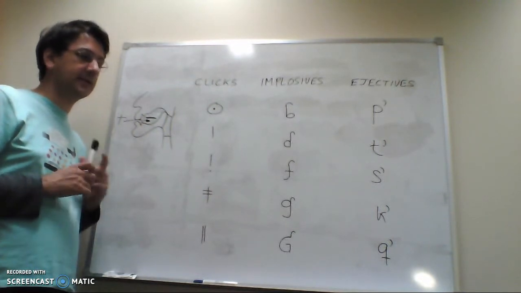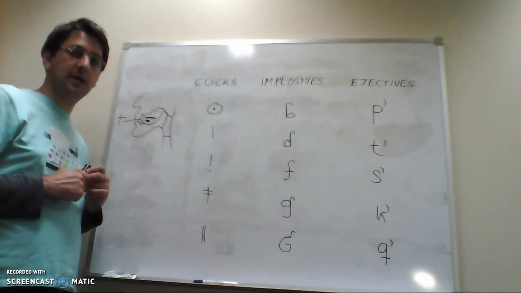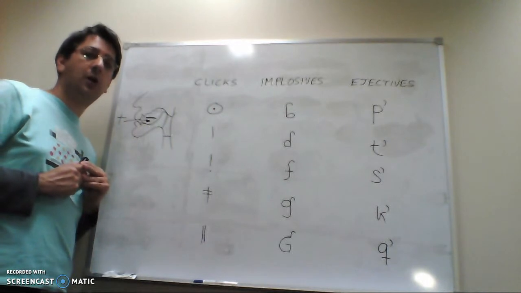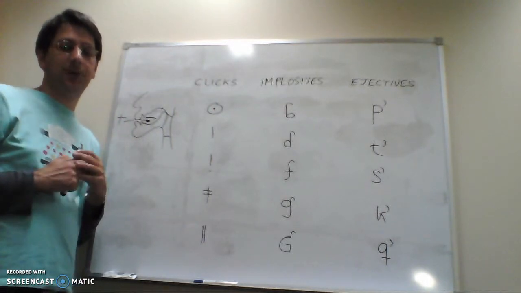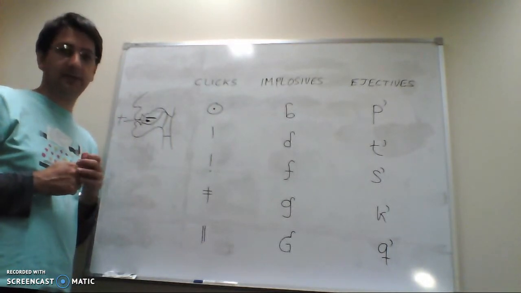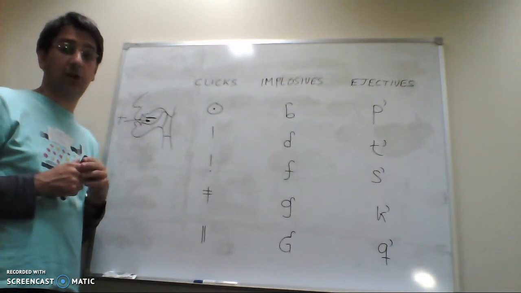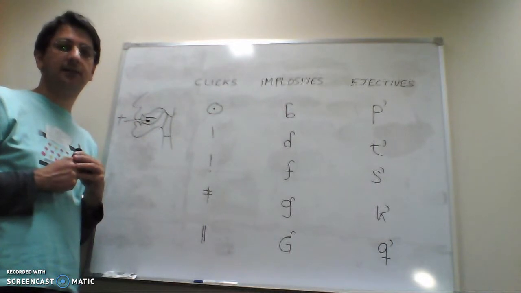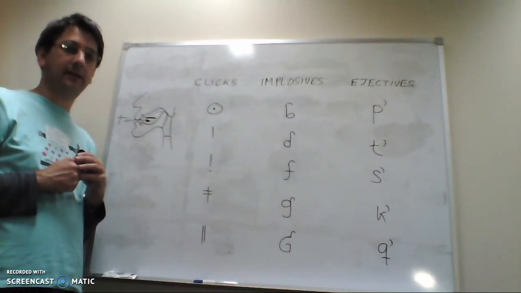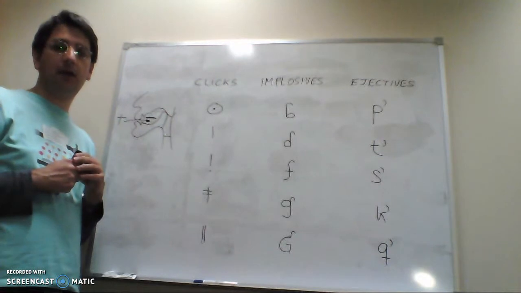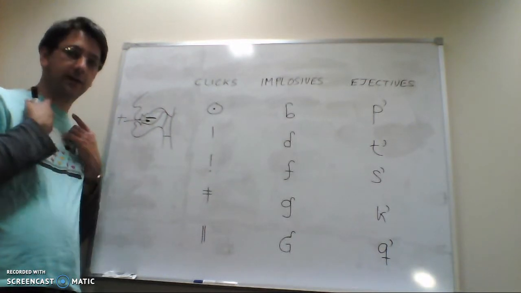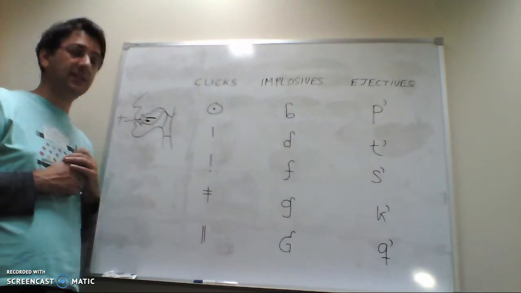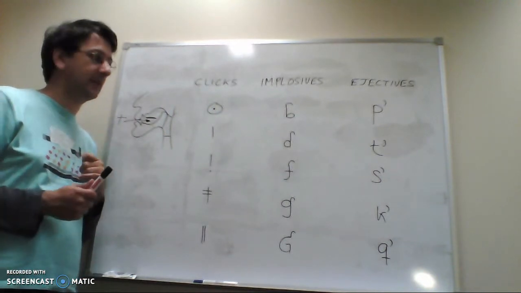Something that these two kinds of sounds have in common is that, first of all, you need to close your glottis. So if you remember from the video about stops, the glottal stop is the sound that we make, for example, when we say uh-oh, uh-oh. Okay, so that stop there, that's the glottal stop. So first of all, close your glottis, and then